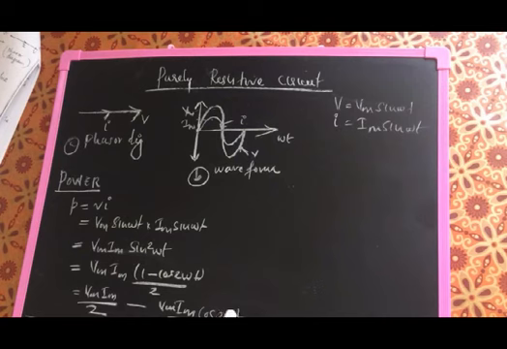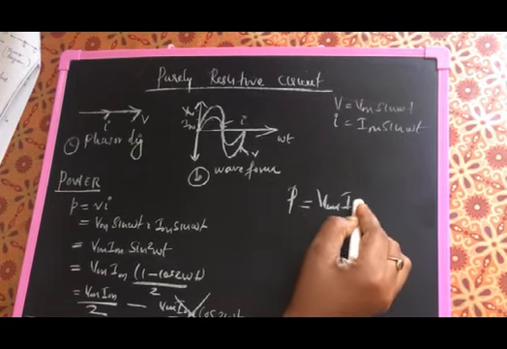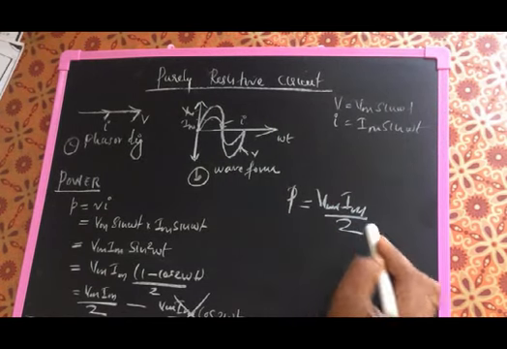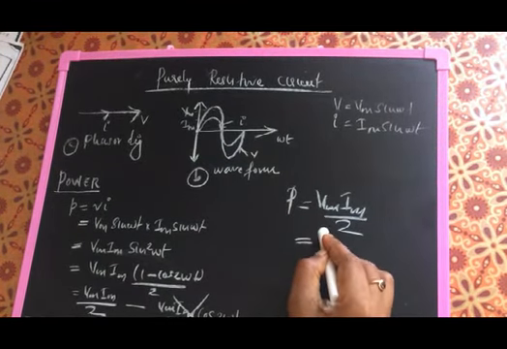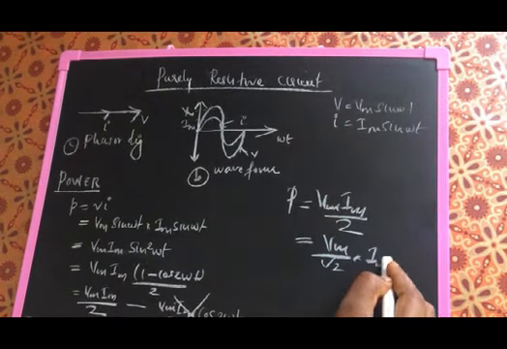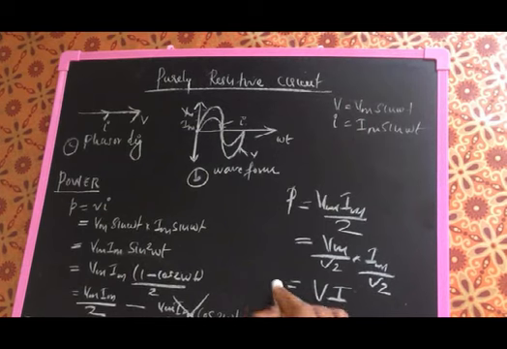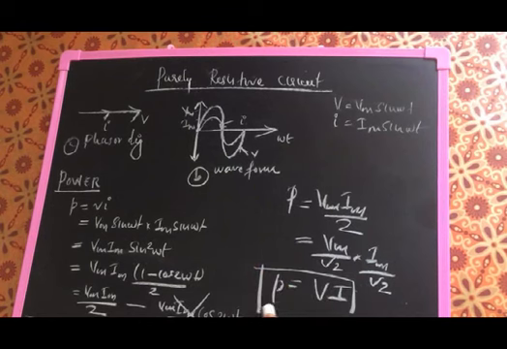So we have got two different terms, Vm Im by 2 and Vm Im by 2 cos 2 omega t. What is the average value of cos? That will be taken as 0, so this term will not exist. So what is the equation of power? Power is equal to Vm Im by 2. You can replace this as Vm by root 2 into Im by root 2, that is equal to V into I, the RMS value of V and RMS value of I. That is the equation of power in a purely resistive circuit.